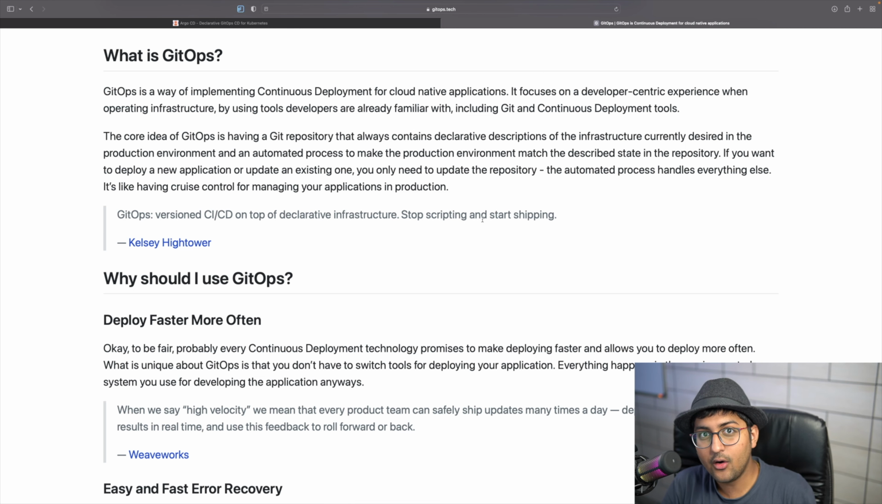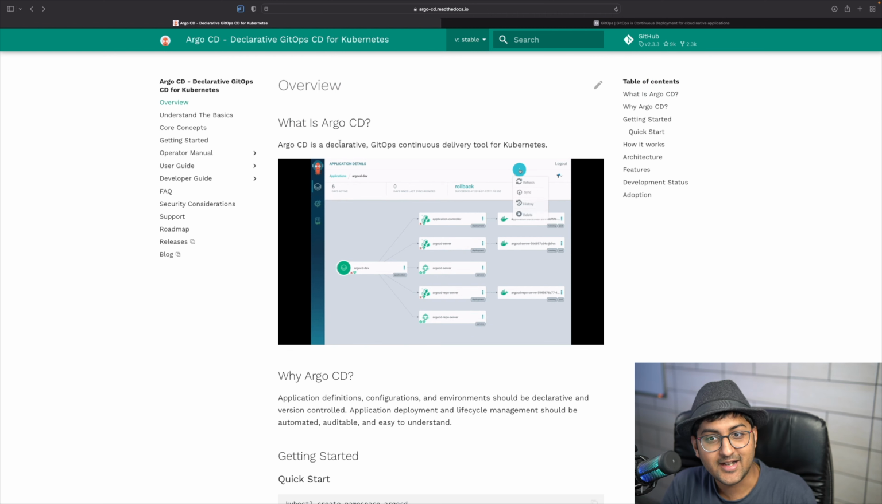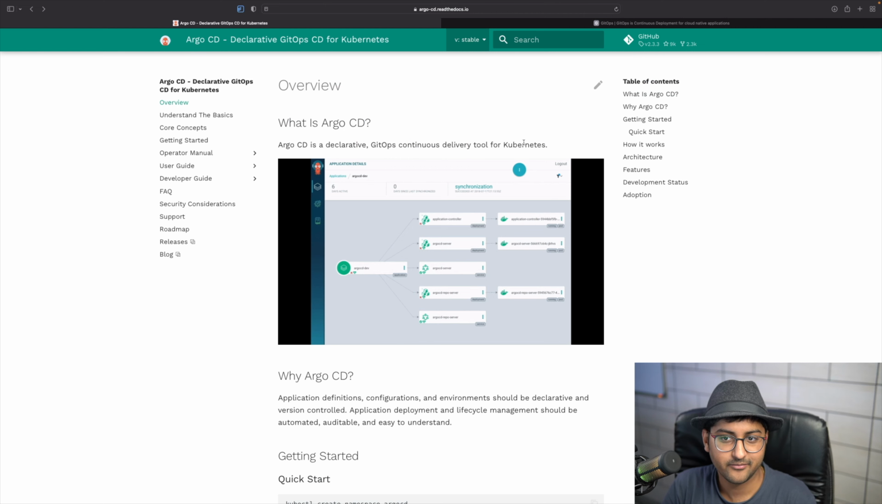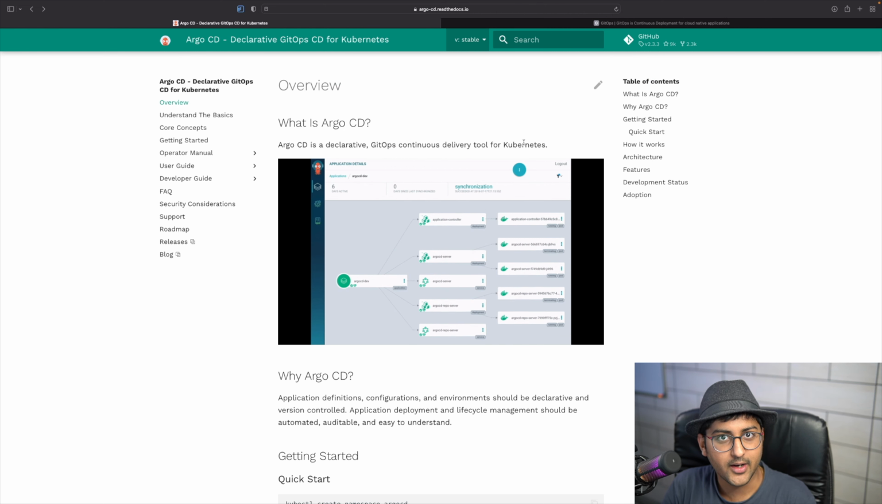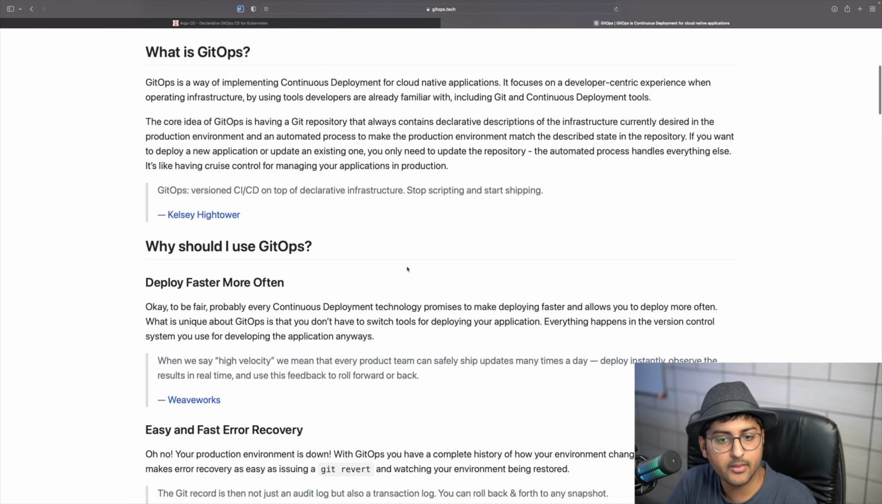Okay, how will that happen, Kunal? ArgoCD will do it. Okay, so it's a declarative GitOps continuous delivery tool for Kubernetes. All right, why we're using ArgoCD and everything we'll cover shortly, but just a little bit more about GitOps,